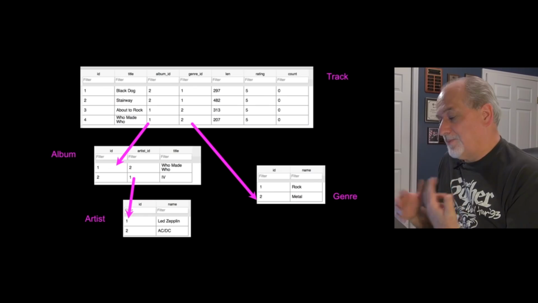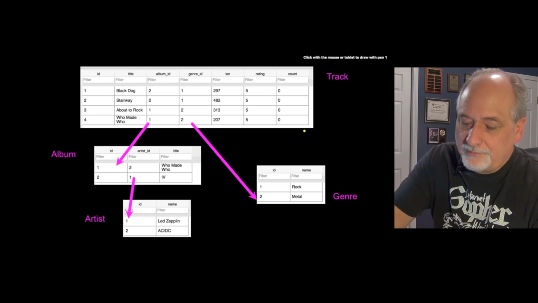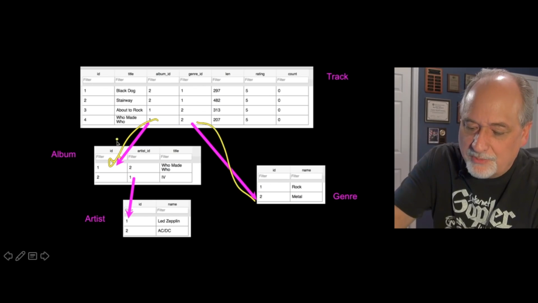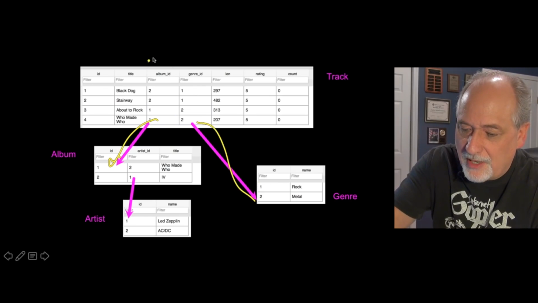So we take a look at all this stuff. We see that in a sense, by using these little numbers, we are pointing to rows in other tables. The foreign keys are always pointing. They always point to their ID. So these foreign keys are out here. This is the primary